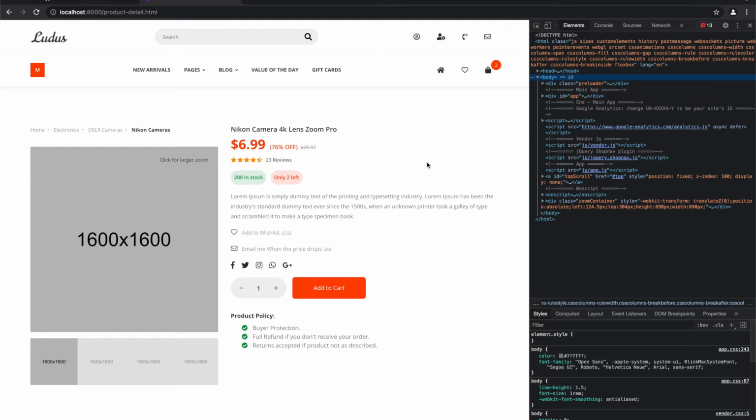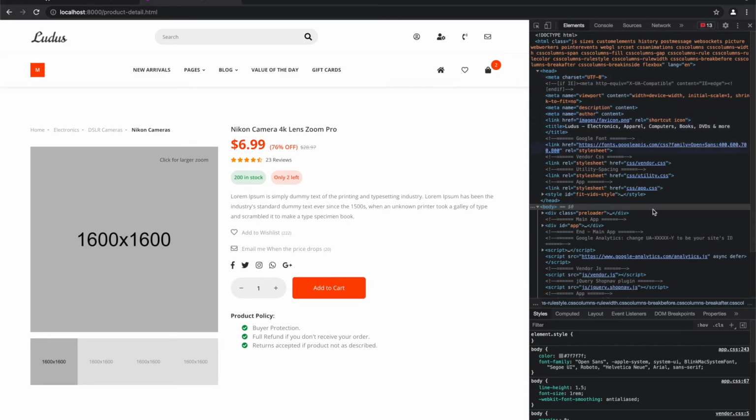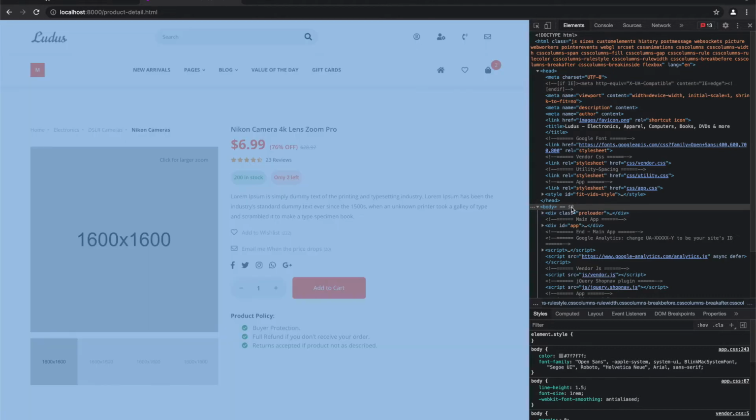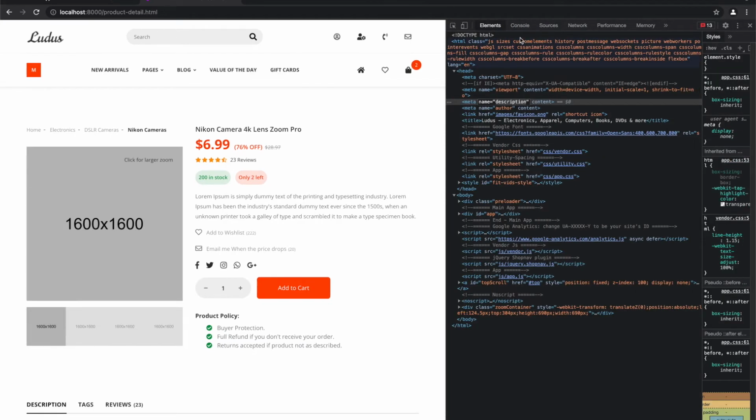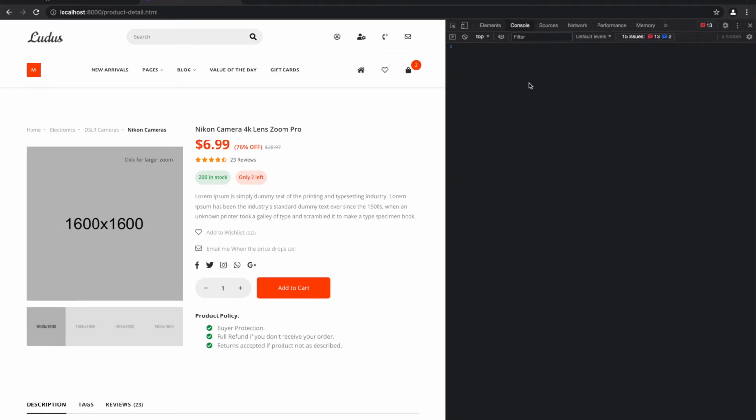Let's say you want to target some kind of meta element. So let's expand the head element, and we can see that there is some meta information here. We can, for example, try to grab description. So in order to debug any element, you can go into console and just say document.querySelector and just try to target your element.